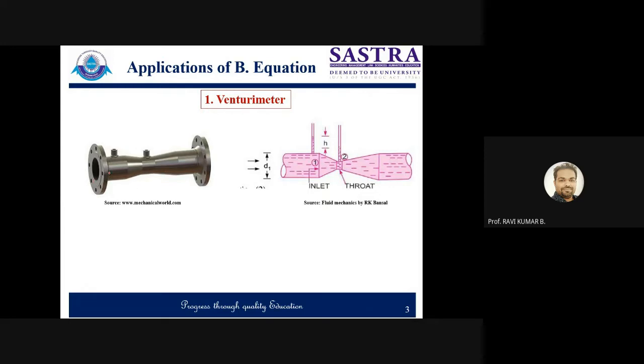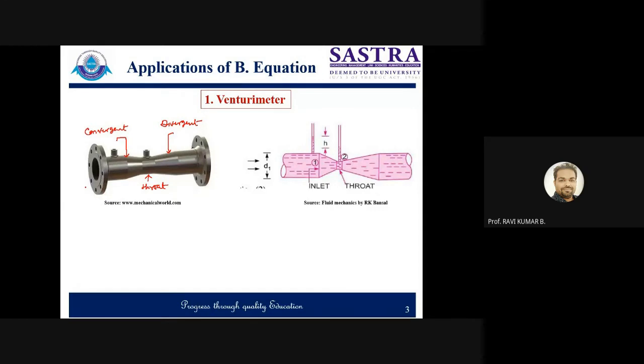It has an inlet and an outlet. If you look at the geometry, here the area is getting decreased. Finally, at the center portion, the area remains constant, but it is of very small length compared to this. After that, the area is increasing. So this portion where the area is decreasing is the convergent section, and this portion where the area keeps on increasing is called the divergent section. In between, this very small region is called the throat.